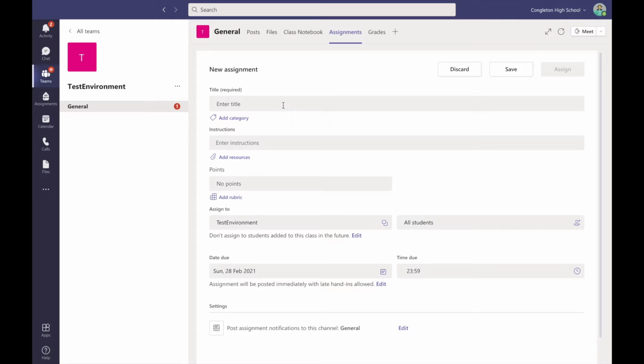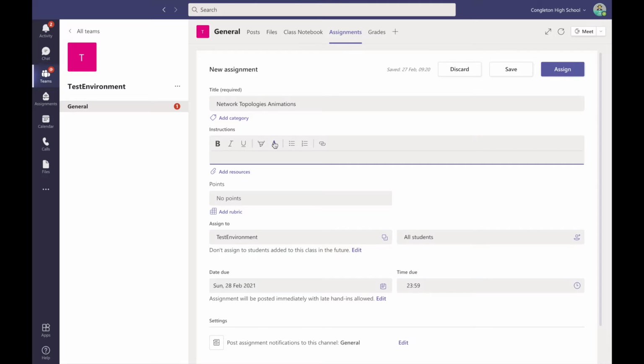Now with the assignment, I'm going to start a sample one here that I'll do for my Year 10 Computer Science class. So we'll call it Network Topologies Animations. And I can add categories to it if I've got some set up. So my instructions. Well, I'm actually going to put the instructions in a separate file. So all I'm going to give for my task instructions here is read the attached briefing document before starting your